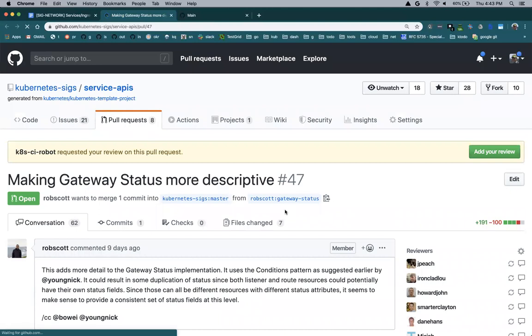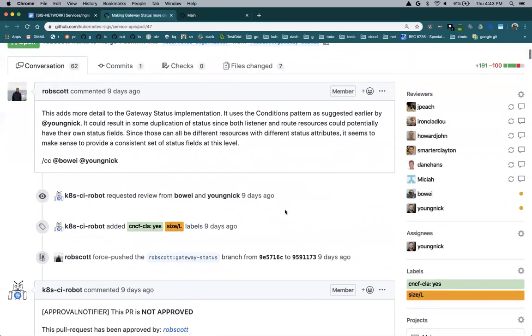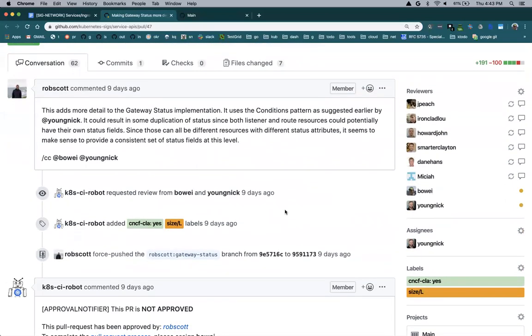So the other one, to discuss, I don't know if we can resolve it here, but I guess we could just talk a little bit about what we need or want to see. Yeah, so this was my PR. It was all about trying to make gateway status a thing and something that was sensible. And I think we're relatively close.